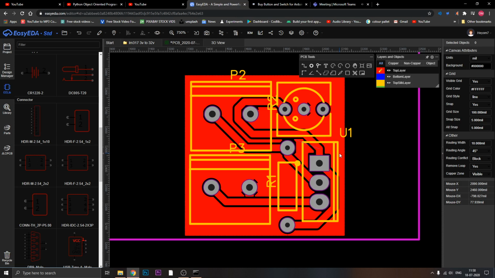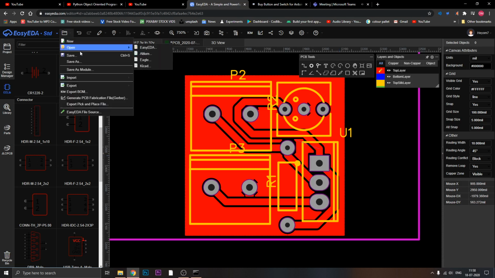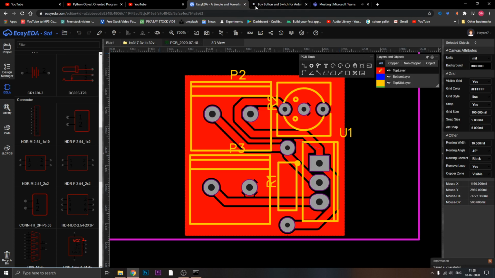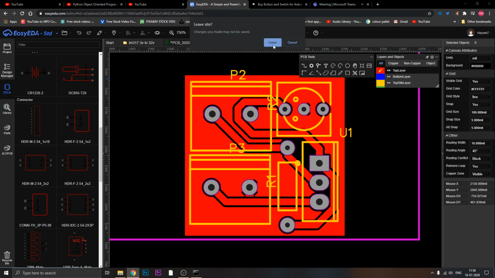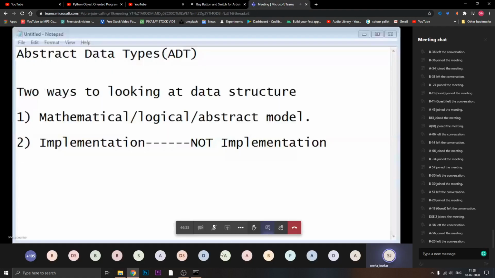Now the definition of abstract data type, as I told you, is that it refers to the data and operations but does not have implementation detail. Different programming languages have different styles of implementation, which we discussed just before shifting to the notepad.